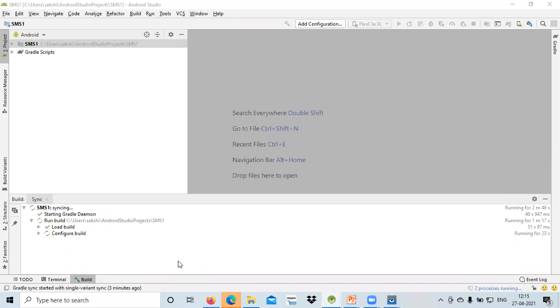Either it provides full permission on your application, or if you are using multiple activities, then you can give permission for any individual activity. Is it clear?